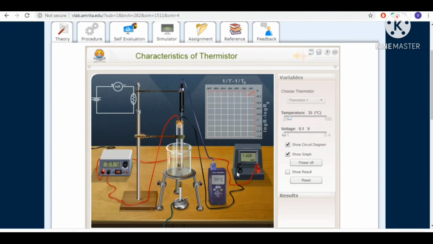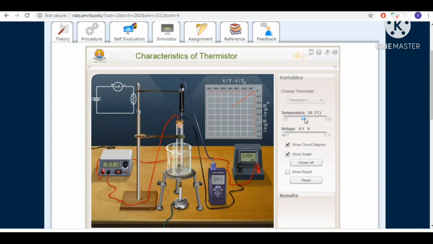Right now it is 35 degrees Celsius. Note down this temperature and note down the corresponding current. So during this experiment you note down only two parameters: one is temperature and the other is the corresponding current, and voltage is fixed throughout the experiment. Again I will increase the temperature to 45 degrees. This is my current reading. Note down the temperature and current. Again take it to 55 degrees Celsius. Okay, let it be 54. Like this you can increase it up to 100 degrees and note down all the readings, and